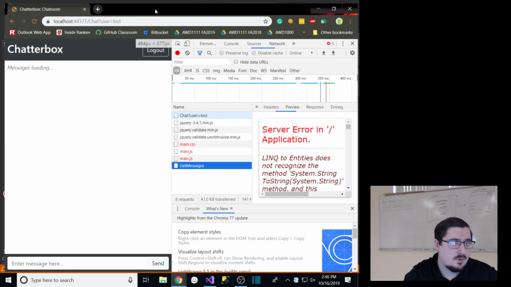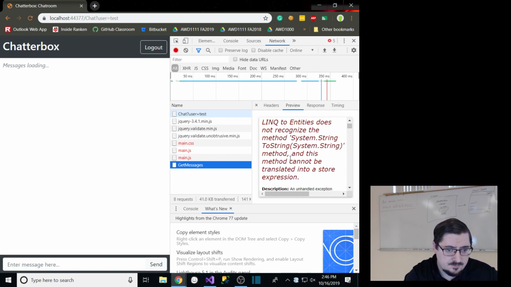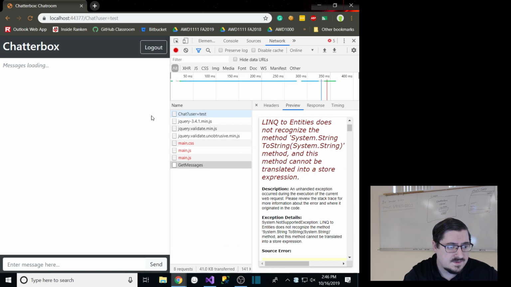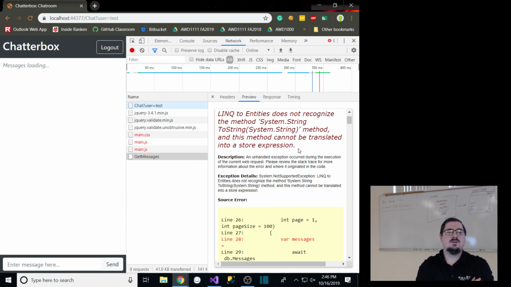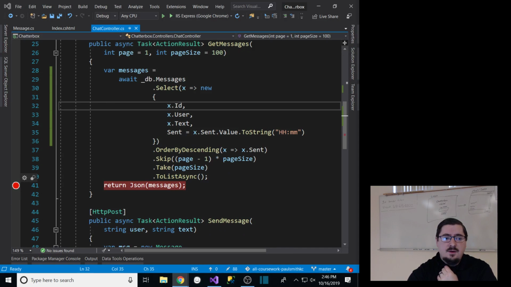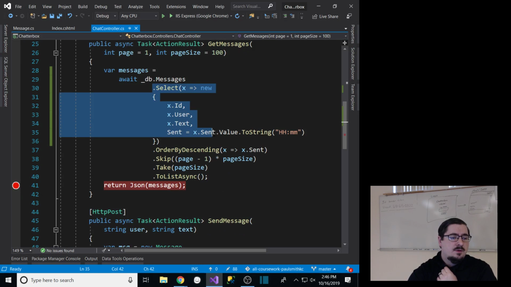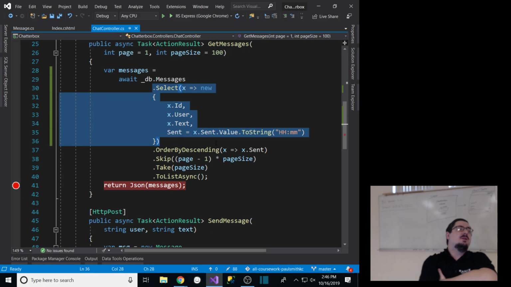Under the network tab, what it's telling me is that LINQ to Entities does not recognize the ToString method. So this part is still trying to turn that into SQL. At that point, I can't easily do a formatting,